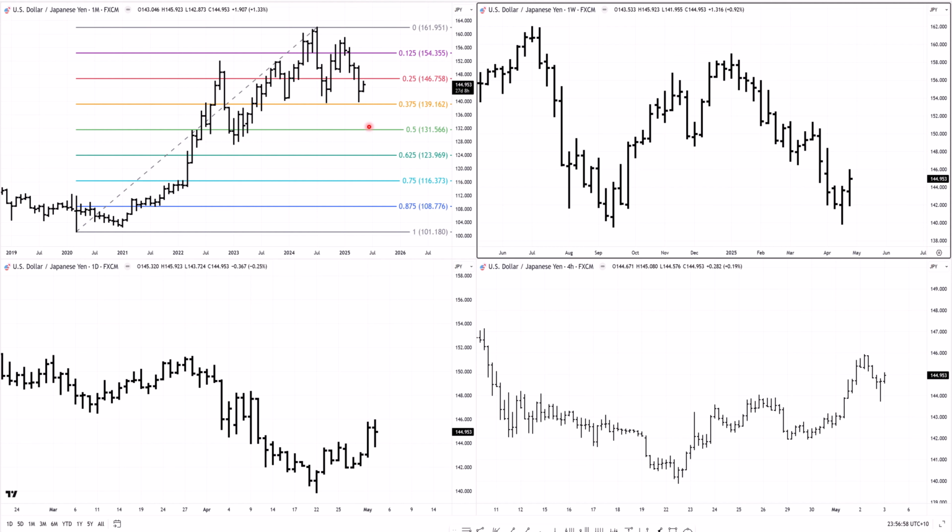But I'd be looking for a pullback before trying to get set for a longer term position there. Now, you might be thinking, I can't take a long-term position here until we have a pullback. That's going to take 2 or 3 months, for example. But that doesn't mean you can't take trades. I'm saying if you're the kind of trader who wants to get set for months and months, well, you've got to wait for those bigger picture swings to complete their moves and then wait for them to have a bit of a pullback. And then you can start thinking about those bigger picture moves there.